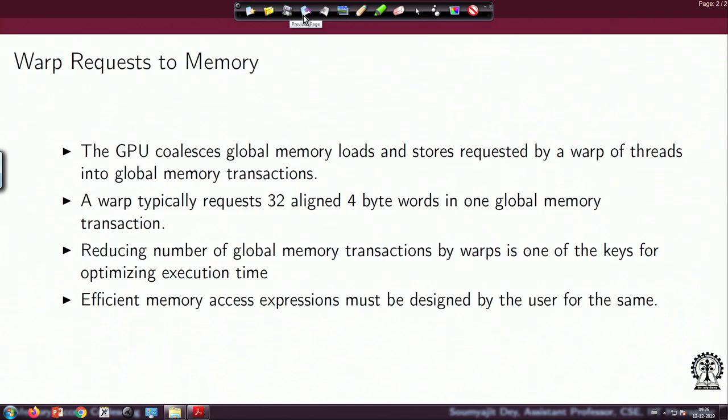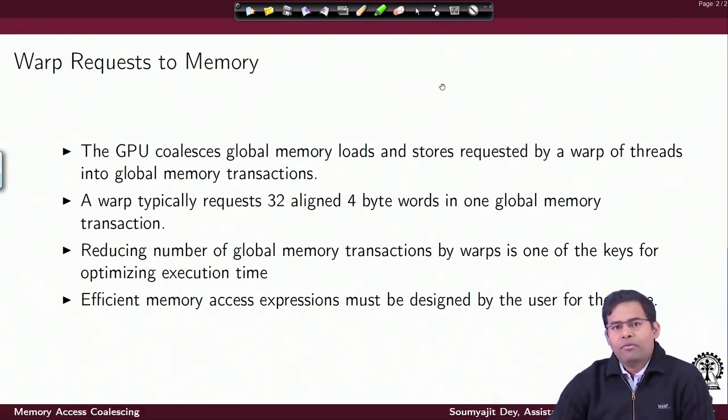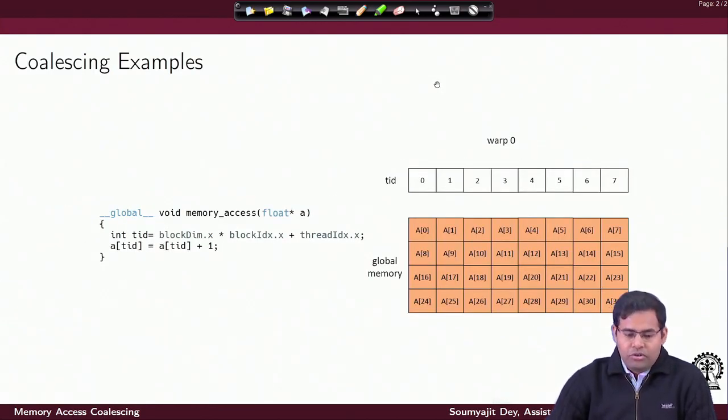So as a programmer, you need to define very nice access expressions, so that you have to define them with the global memory optimization in mind, so that overall when your program executes, you have less number of global memory transactions, so that the warps do not need to wait too much for the memory operations to be done, both loads and stores, and so that the overall progress is much faster for the kernel. Let's look at some examples to make this idea very clear here.